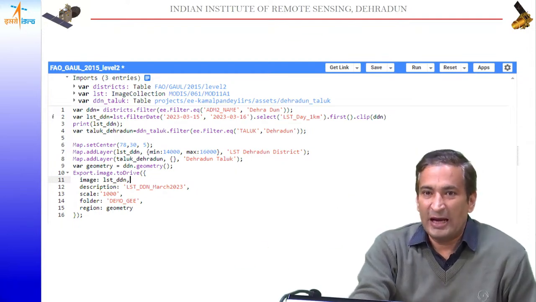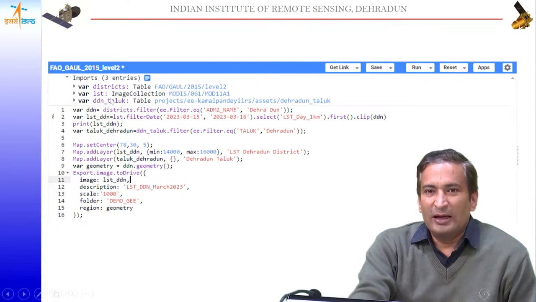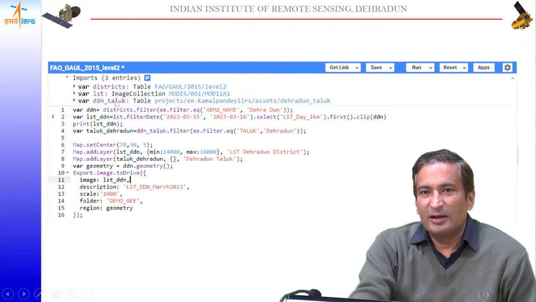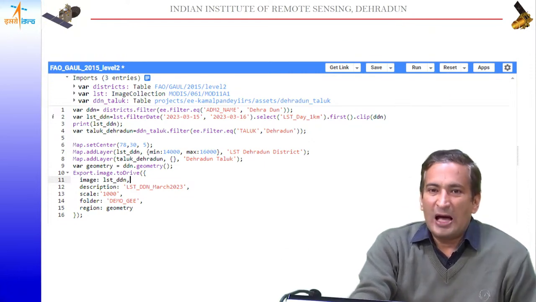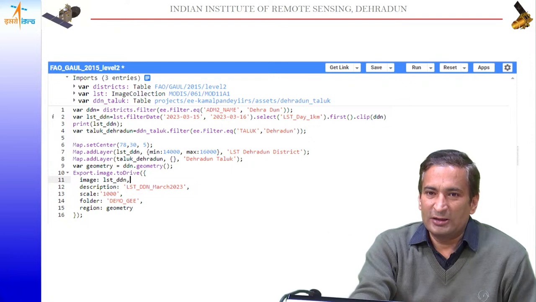I am residing over here. So that way only. And the third part, if you can see here, is a taluk boundary. This third level admin boundary is primarily not available in your Google Earth Engine platform. So what I will do is try to upload it to the Google Earth Engine server and then use it for clipping and downloading those analysis parts from the Earth Engine platform.